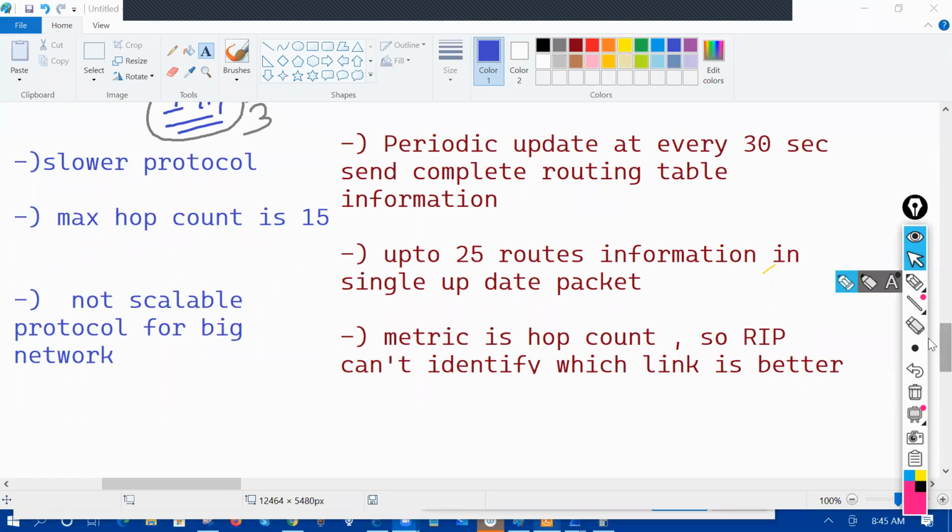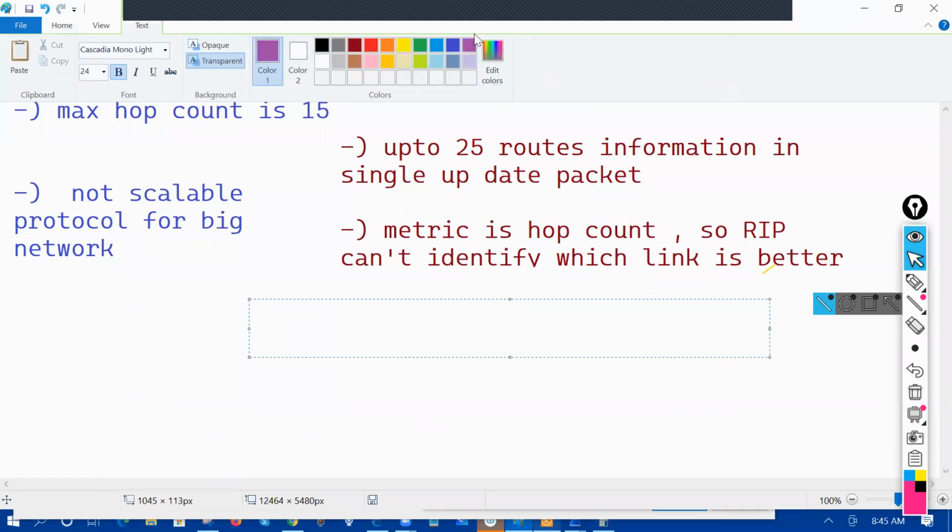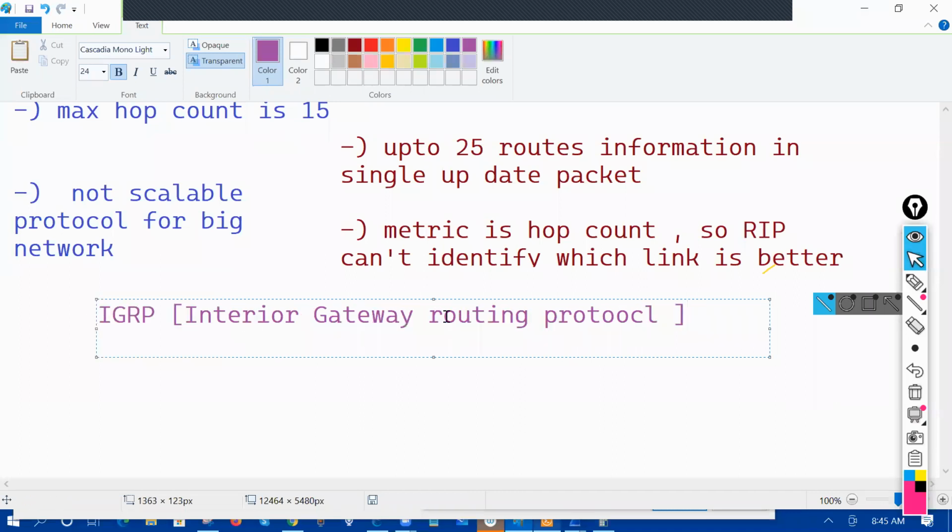To avoid this problem, what have we introduced? We have introduced the protocol whose name is IGRP. IGRP stands for Interior Gateway Routing Protocol. And what IGRP is saying is, hey, whatever the issues are with the RIP protocol,